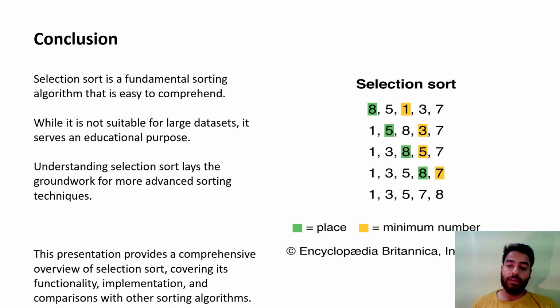You can see the selection sort. First, we select the minimum element 1, then compare it with the maximum element 8, then swap 1 and 8. Then follow the same steps, then we swap 5 with 3, then 8 with 7, and the sorted array is